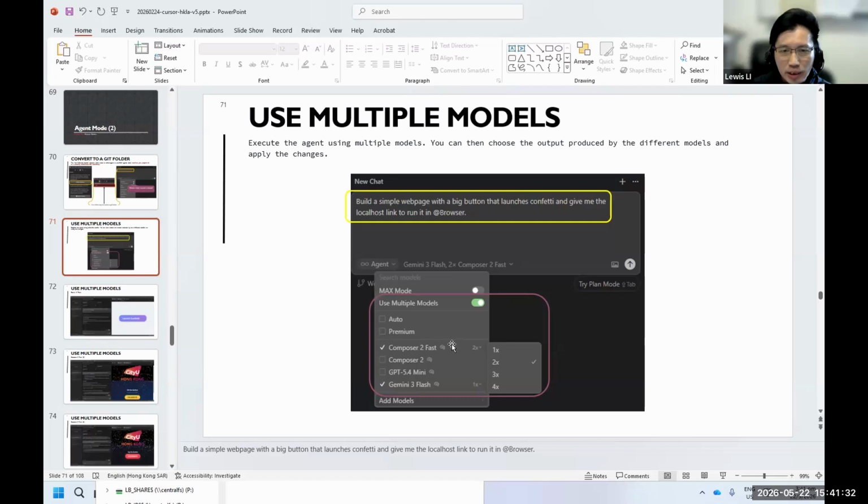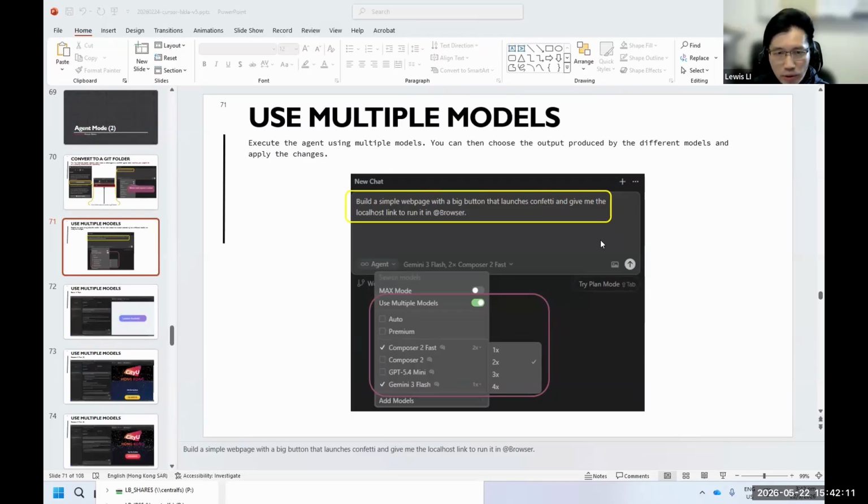This is what we call multi-model. And this option, as I mentioned before, is only available in Cursor 2, which is the version I currently use, 2.6. If you want to use this version, you can follow the steps in my PowerPoint. I also mentioned earlier that you can stop Cursor from updating to the latest version. All right, let me quickly show you how to do this.